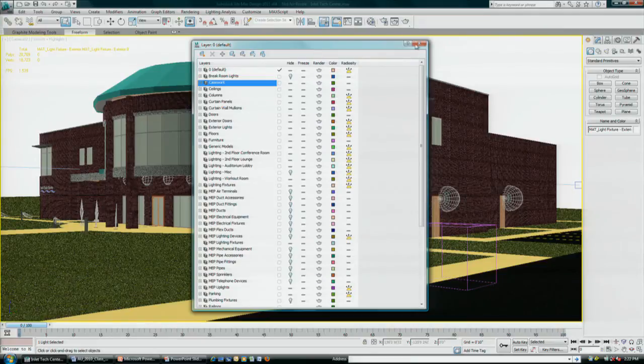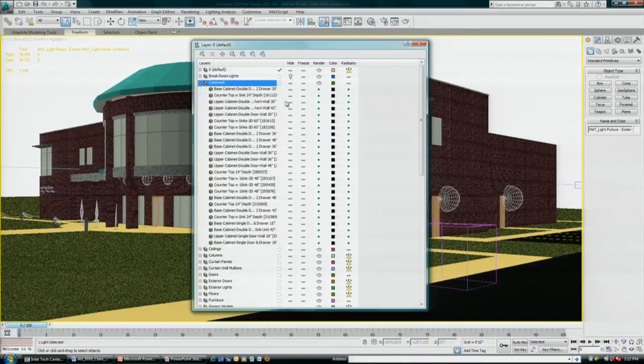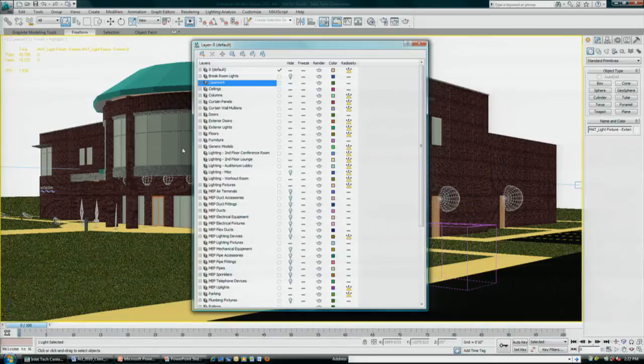Okay? So that's what it looks like in Max, and wherever you can, it's a good idea to get this down to where on the front end, you're manipulating by layer. Later on, when you start isolating things, you are going to change it back to by object for the properties and everything. But on the front end, I like to keep it at the layer level to keep it simple. Okay? So the next thing we want to look at here